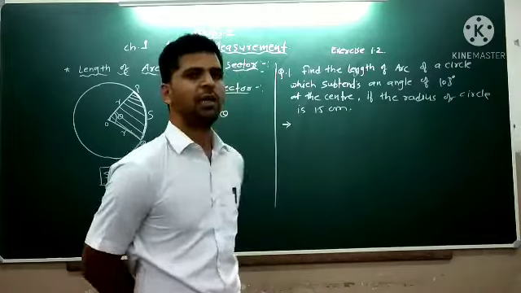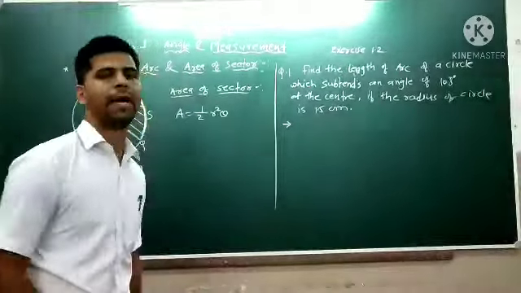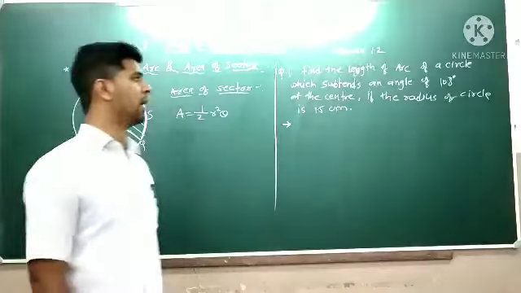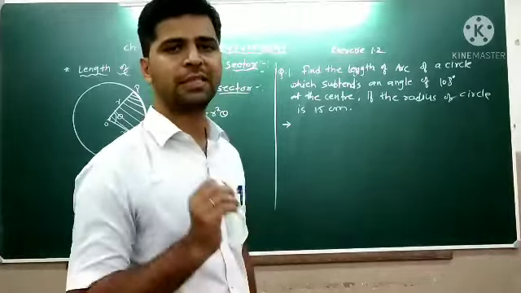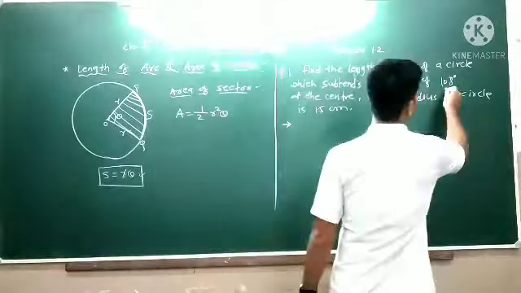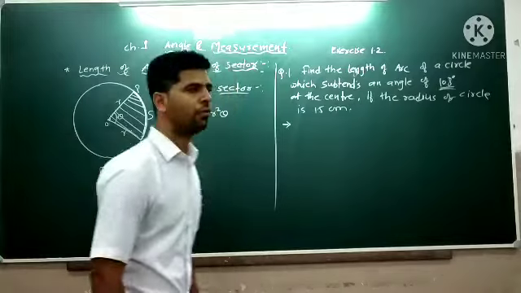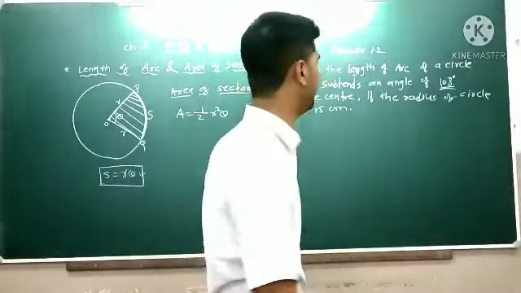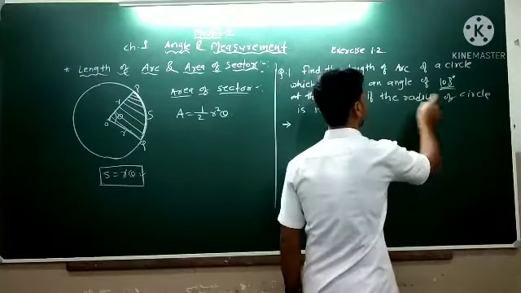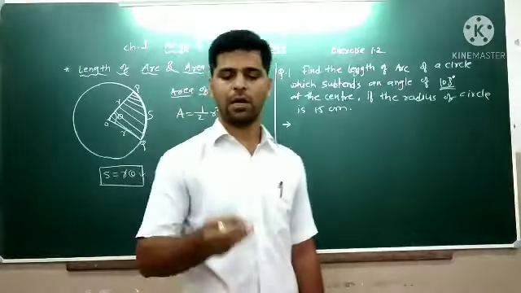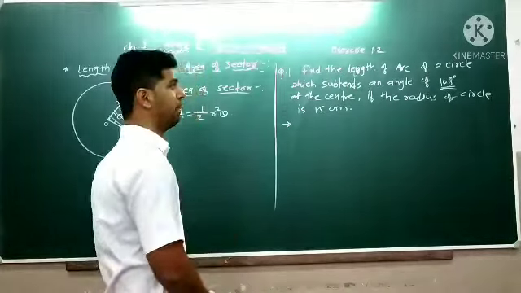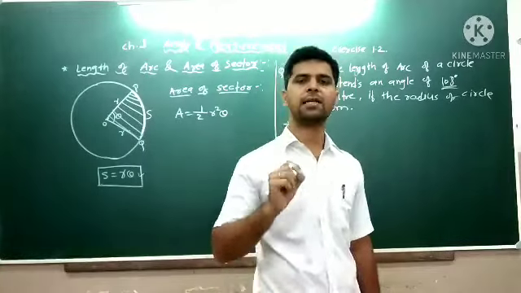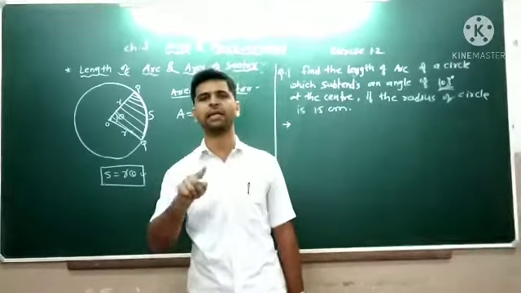Okay, what they said, find the length of the arc, s equal to r theta. This formula we have to use. Find the length of the arc of the circle which subtends an angle of 108 degree. Subtends an angle, matlab what? That two radius form an angle of theta. That theta is given 108 degree at the center, if the radius of the circle is 15 centimeter. Now radius is given and theta is also given. But don't forget, I told you your theta should be in radian. But here theta is given in degree. So how can I convert that degree to radian?